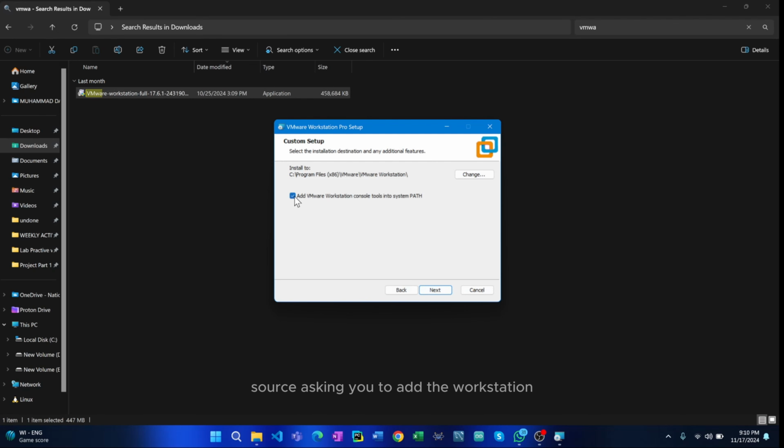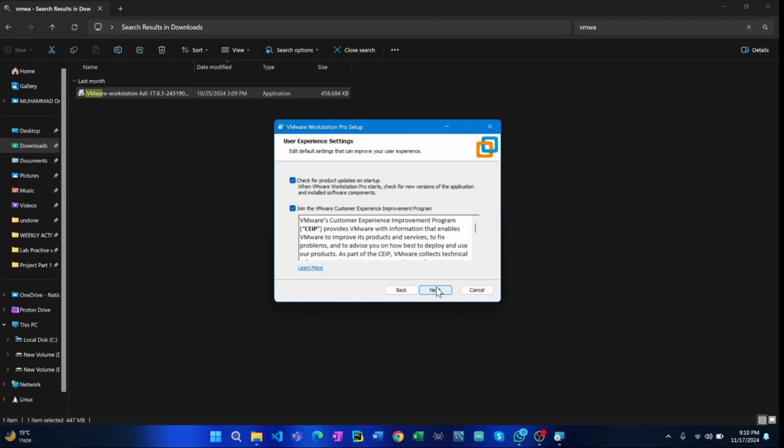So it's asking you to add the workstation console tools into the system path. You have to tick the box because path is important. And now you can also change the install directory. So for me, it's the C program files, VMware, and VMware Workstation folder. You can change it to any drive or anywhere else you want. Click next. So this is for checking for product updates on startup, and you can also join the community